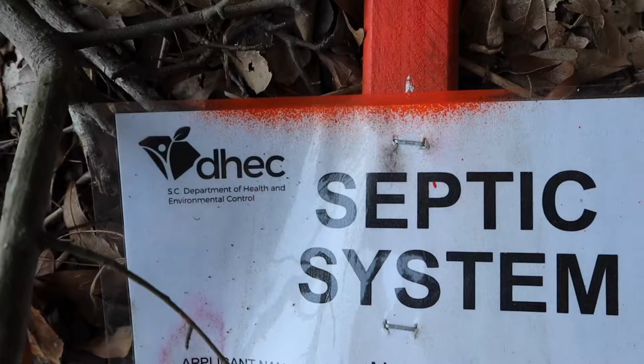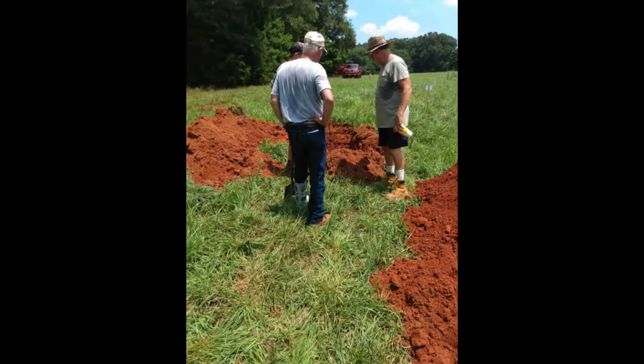For us, this was reaching out to DHEC to figure out, okay, can we actually put a septic system in our area? Part of this is done through what's called a perk test. Essentially, a perk test is just testing the permeability and the perking ability of the soil. So we had to dig 3 pits, which you can actually see some of the sites back here behind me. And then someone from DHEC came out, looked at the soil layers just to make sure that, okay, this particular location has the ability to drain away fluid, which is a goal of a drain field, as needed for our